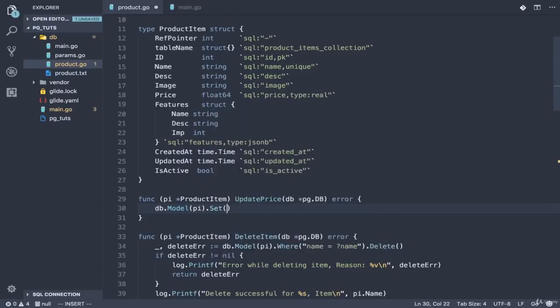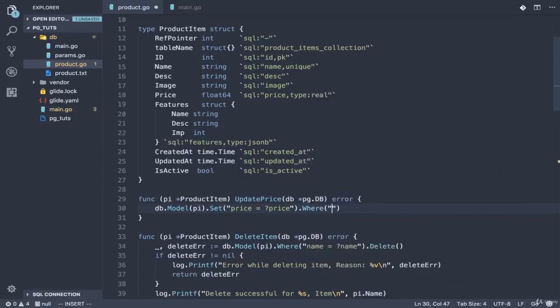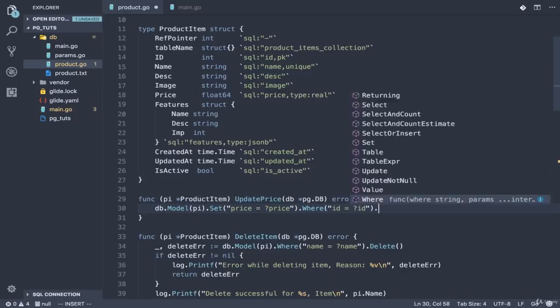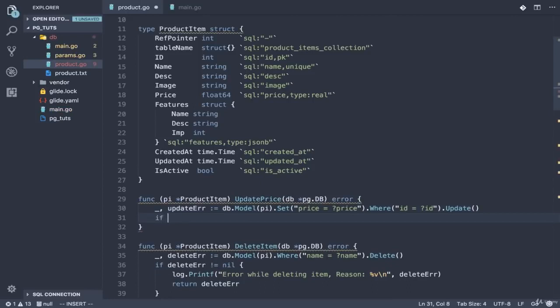Set will take a string, so what you want to set. I want to set price equal to placeholder price. So whatever price this pi has, we are going to set. Then you can write a condition where, and again placeholder id is equal to question id. So whatever id this has, it'll make it that, and then update. That easy, right? Whenever you do update, it'll send result and error. So result, as usual, we don't care, update error. Now I'm going to check update error not equal to nil, then